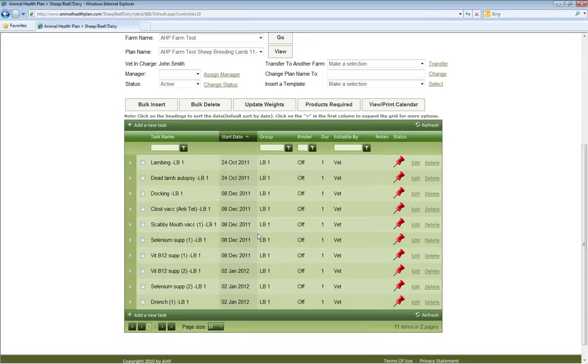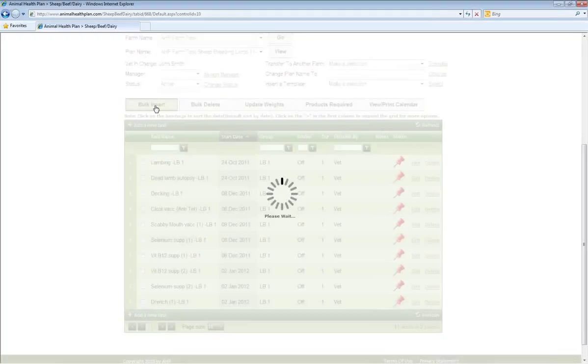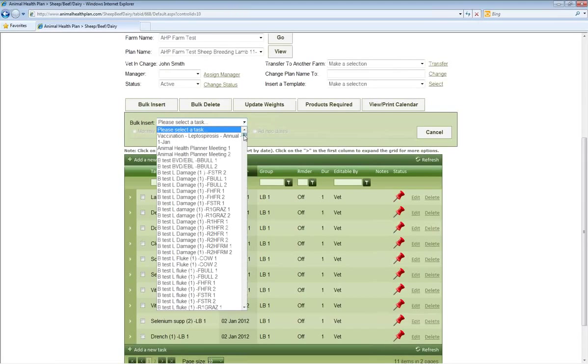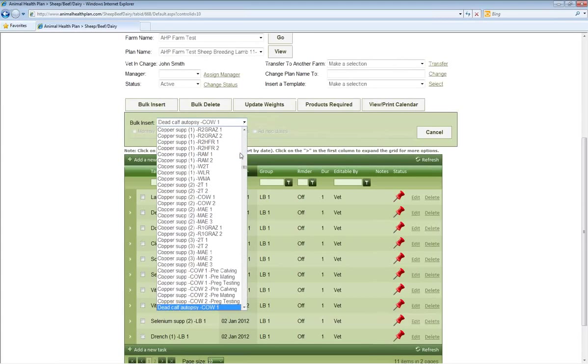As well as just adding tasks in one by one, there's also a bulk insert button, and this will just add multiple of the same task into the system. So when we go bulk insert, it brings up some selections for us, and we can drop down the task that we want to insert,